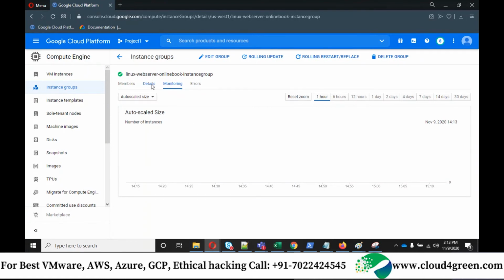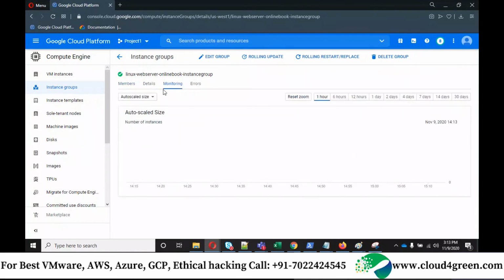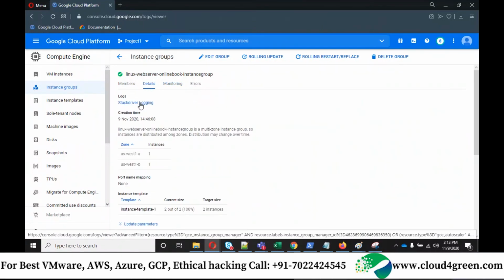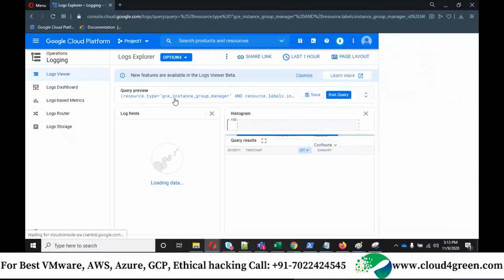It is fetching the info. The instance group is busy, but that is fine. We can also find it under details, Stackdriver. Here you can clearly see that because of the load,